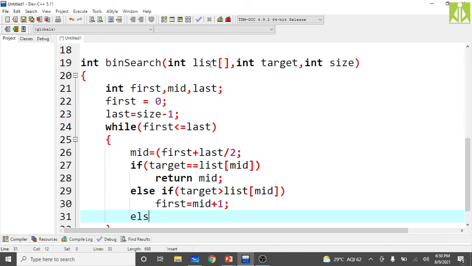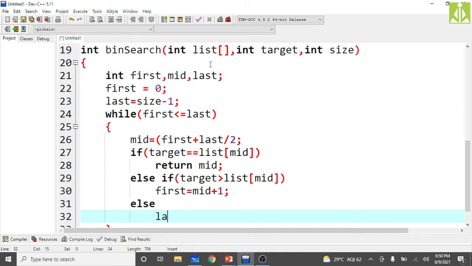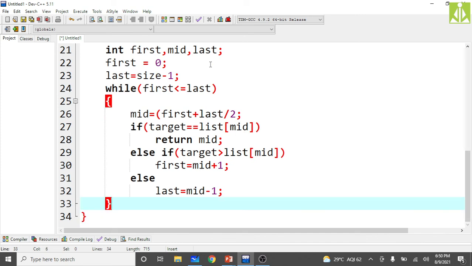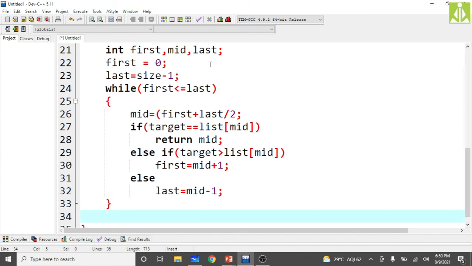Else we need to change the last value to mid minus 1, last equals mid minus 1. That's it. A very simple algorithm to understand. If after performing all these things you are still not finding the target value in the list, we need to return minus 1 to indicate the failed search operation.